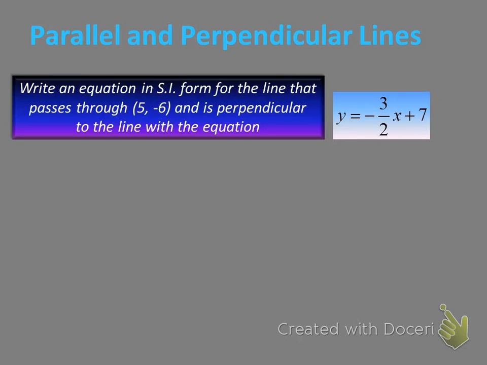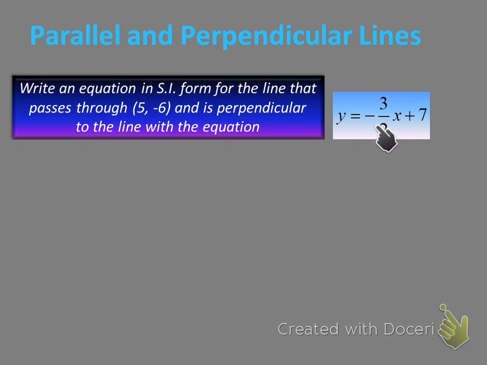Write an equation in slope-intercept form for the line that passes through (5, -6) and is perpendicular to the line with the equation y equals -3/2 x plus 7. So last time we needed a line that was parallel to my line. This time you need a line that is perpendicular to my line. Okay, so if my line here has this slope of -3/2,